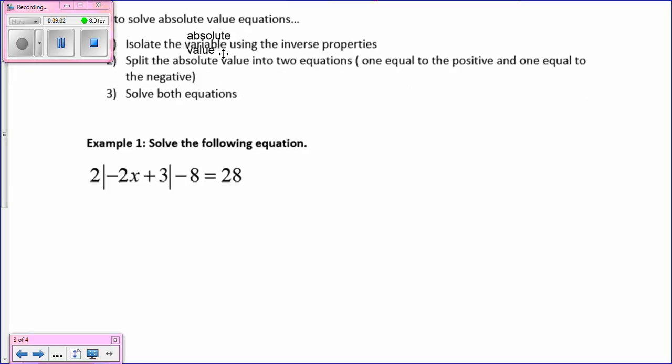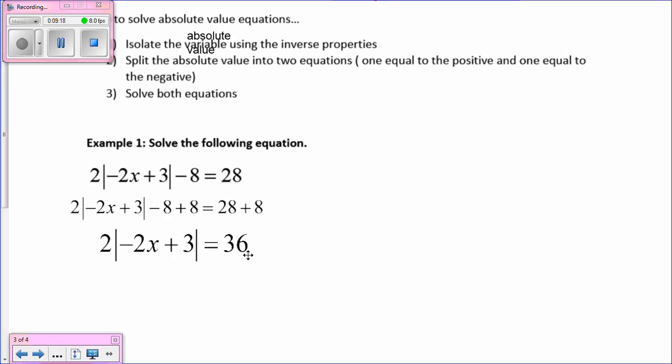Step 1 is to isolate the absolute value. So we have to get this absolute value by itself. I'm going to undo the subtracting 8 by adding 8 to both sides first. Those 8s will cancel out, leaving me with 2 times the absolute value equals 28 plus 8 gives me 36. Next, I need to divide by 2,